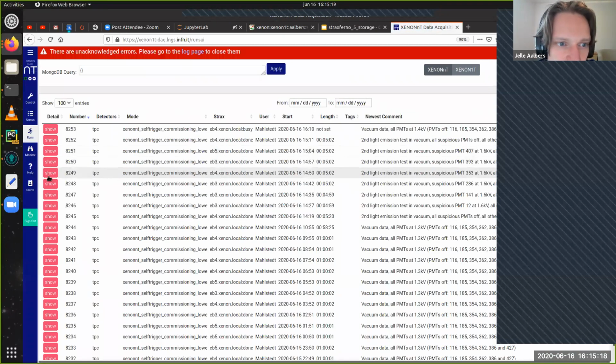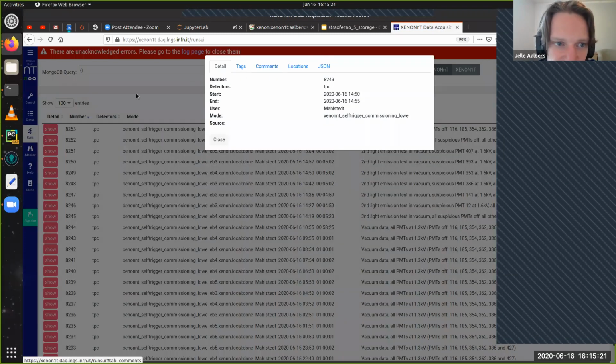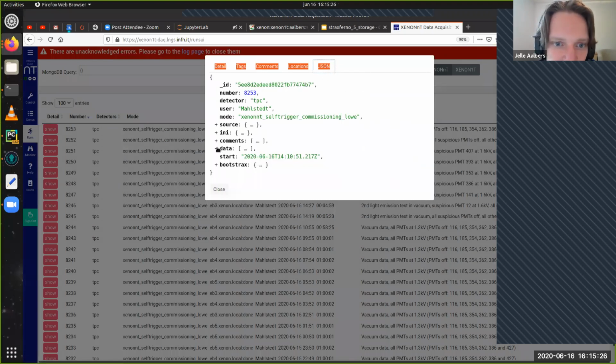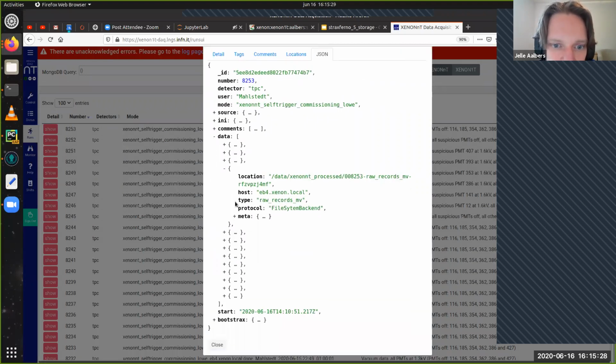Okay. Right, so for every piece of data, let's go to the JSON. That says here protocol file system backend. So that is actually what's used by the RunDB frontend to know which backend to call. And then the location here gives backend specific information, which in this case is just a folder name. So if I have added this root file backend, I would add here a thing with a different protocol. Probably it still has the same location, but with .root attached or something.